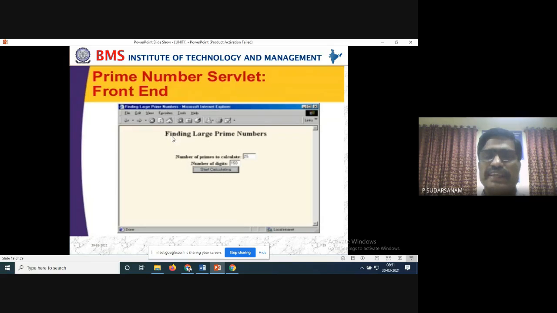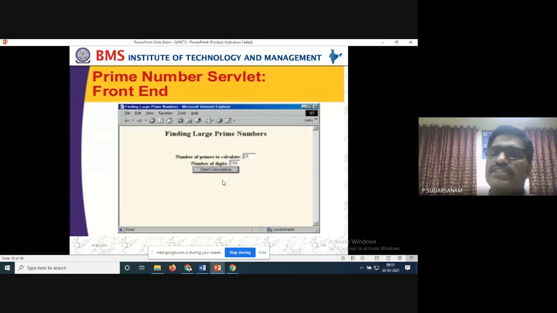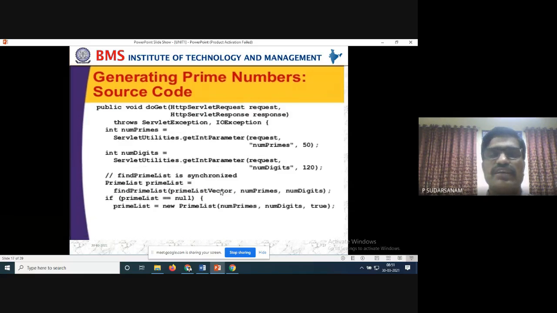So here is one heading we have displayed, finding the large prime numbers, and one is called the label, one is called the text, another one is called the label text, and this one is called the clicking buttons. That's what we are doing. We are not storing any information here. We are not using any HTML file separately. Only a direct file we are using and executing. So let us see the simple code here.